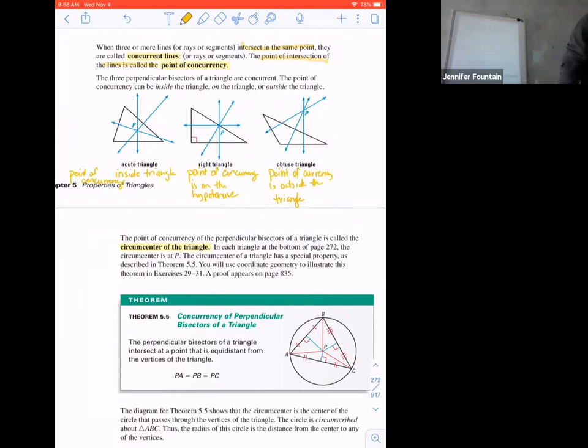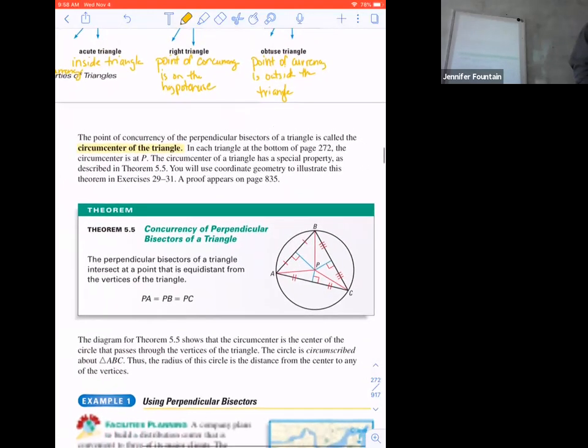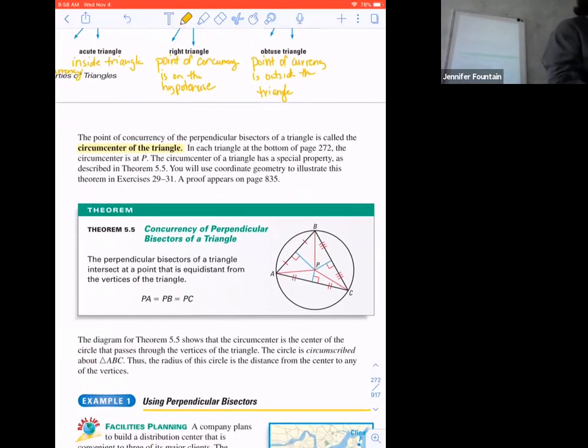All right, now on page 273, it says the point of concurrency of the perpendicular bisectors of a triangle is called the circumcenter of the triangle. When I hear circum or circ, what is that the prefix for? Circle. So when I hear that, I know it's going to have something to do with a circle. In the triangle at the bottom of 272, the circumcenter is at point P. The circumcenter of a triangle has a special property described